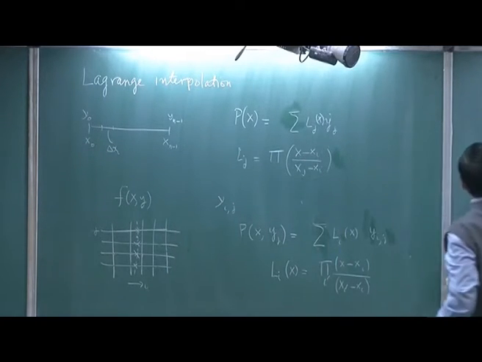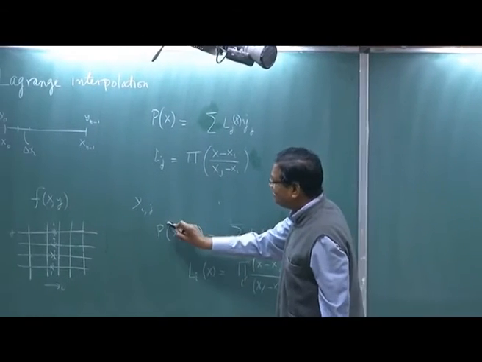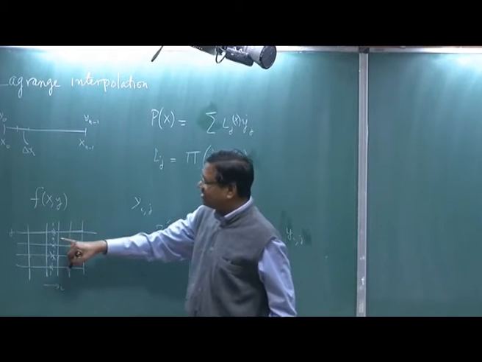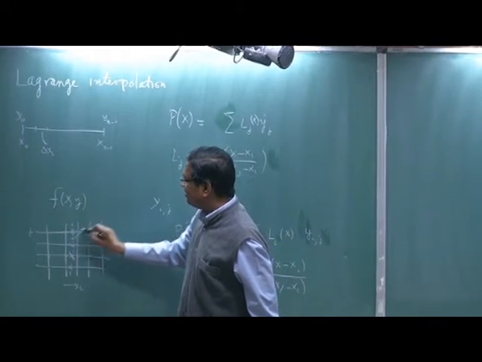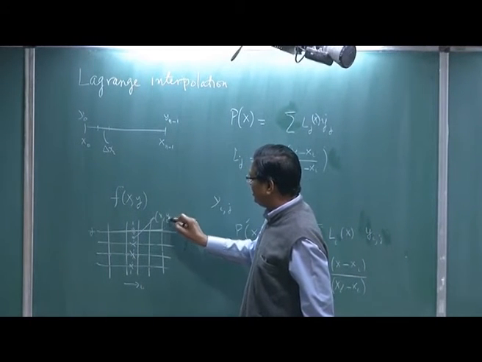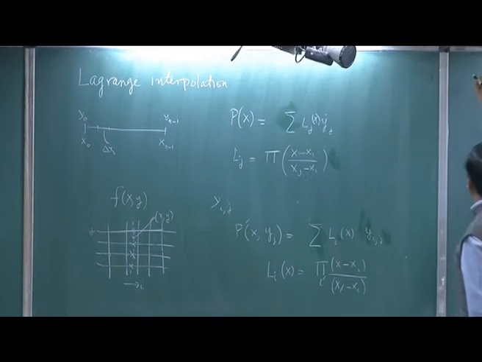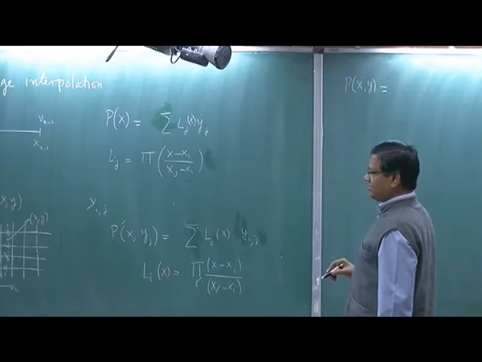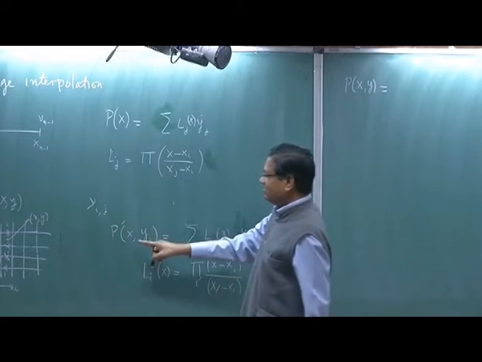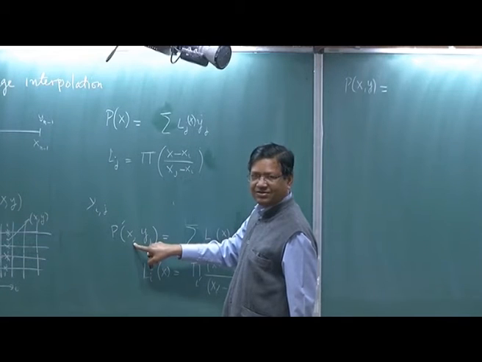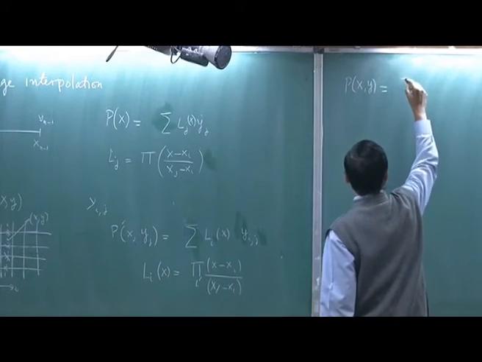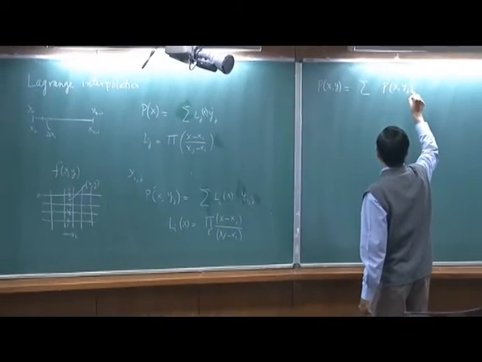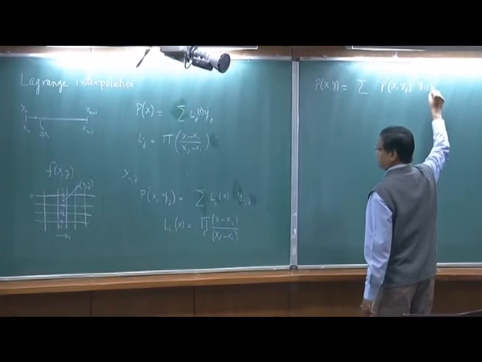So I want now, we can call it p prime. This is intermediate. It's not the full function I want. I want to be able to interpolate at any point in between. So this is a point x. So p of x, y will be now, I'll use this function to interpolate some p prime of x, j, y i comma j.